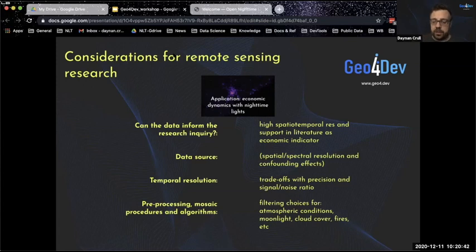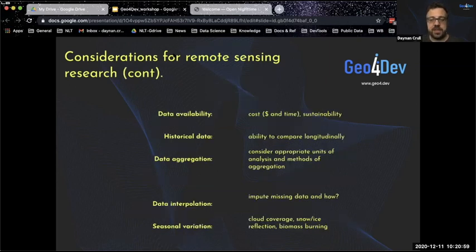So depending on what you're looking at, that will help form your analysis and the choices you make about what data you use. What is the resolution that's available? For economic literature, there might be established data sources that people are more comfortable with. Perhaps that's going to weigh into your decision. And obviously, decisions about its availability and sustainability.